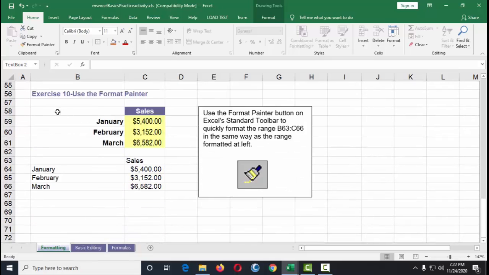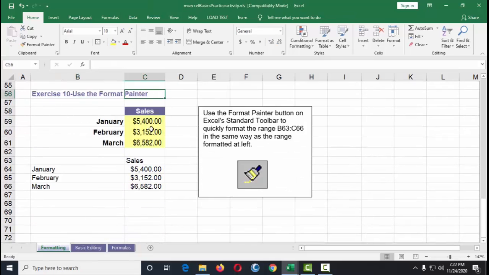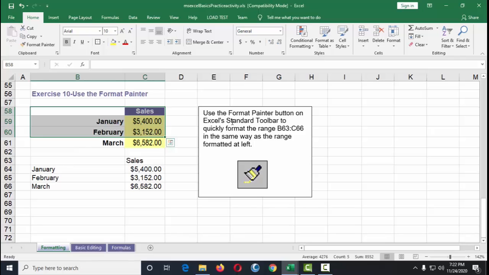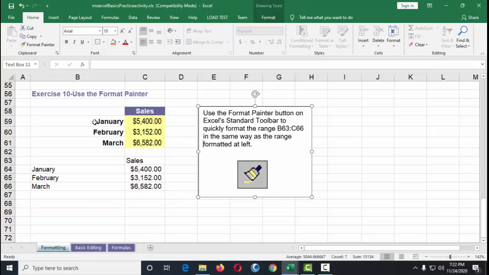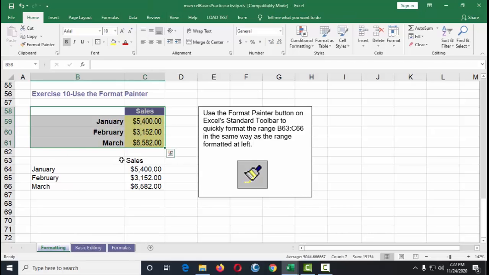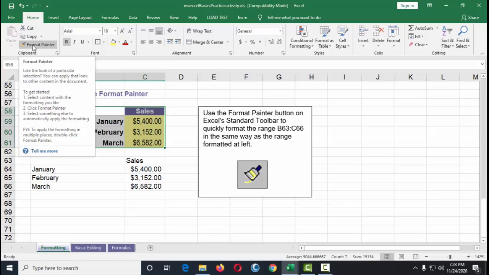Next is Format Painter. Format Painter copies the format of what you select. For example, the instruction here is to use the Format Painter of this and apply it to this. So how do we do that? You first select the format you'd like to copy. First select it, and then Format Painter is just here.